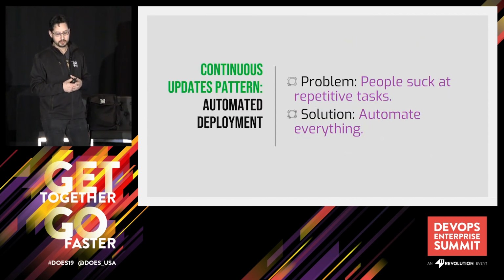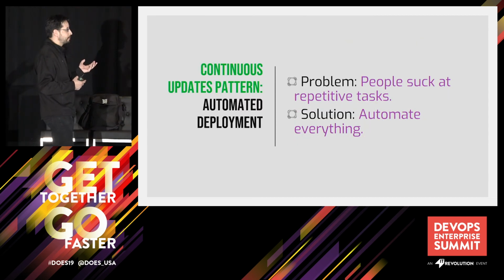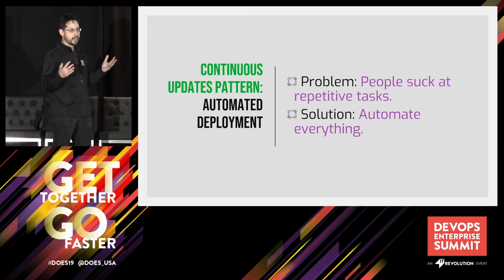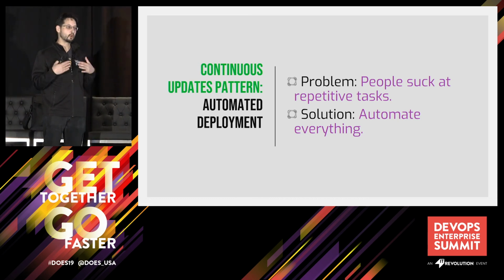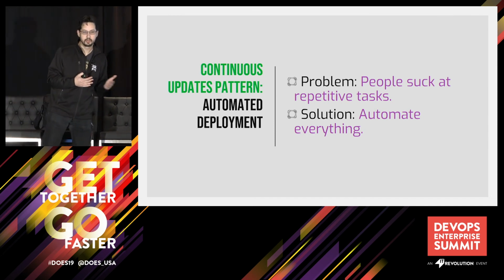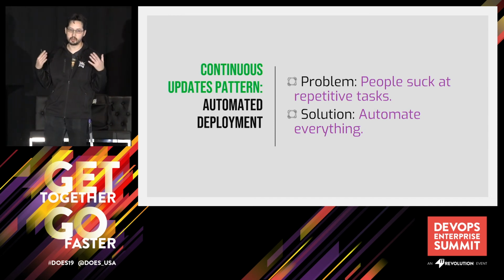And in this case, automated deployments would have helped them out, right? We're really, really bad at repetitive tasks. If you can automate tasks which humans do, you're less likely to have problems with this. It's going to be easier to debug and troubleshoot.